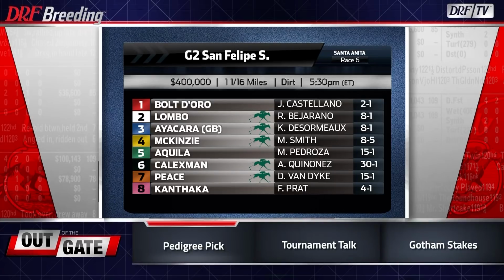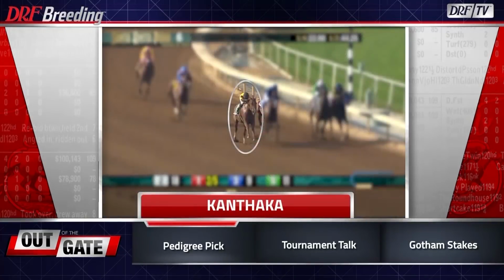But you know, there are 2 other graded winners in this field in Kenthaka and Lambo, as well as another horse who's always been well regarded in Peace, all from the first crops of their respective sires. And I want to look at those 3 to give you some more intel on this race beyond the 2 very deserving favorites. Let's start with Kenthaka, who is coming off this win in the San Vicente, obviously stretching out